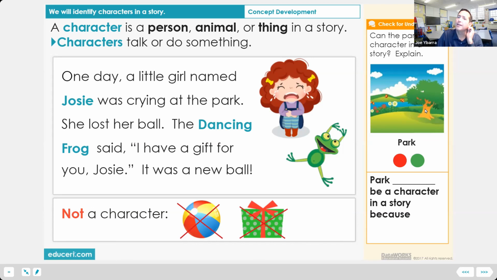Very nicely done. Ben, you also said, no, the park is not a character. But how could that park become a character? What would it have to do? What would that tree have to do to become a character? Ben, can you tell me? For the park to become a character, it would need to talk or do something. Yes, see how I'm asking him to extend and to even create,